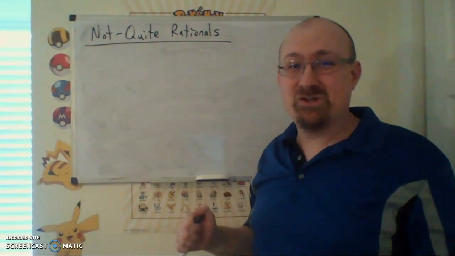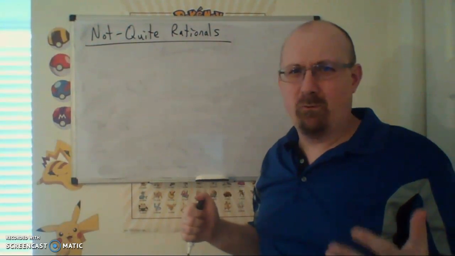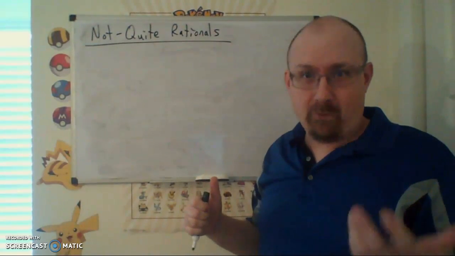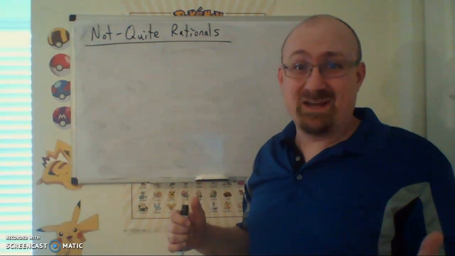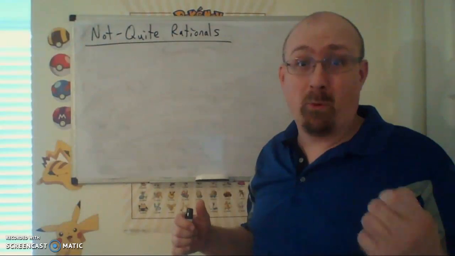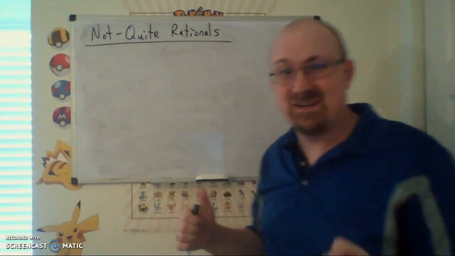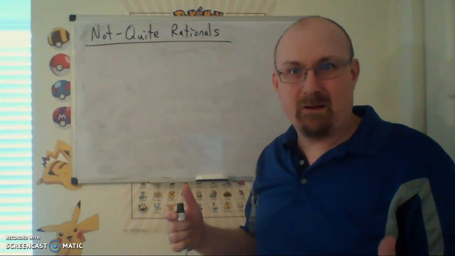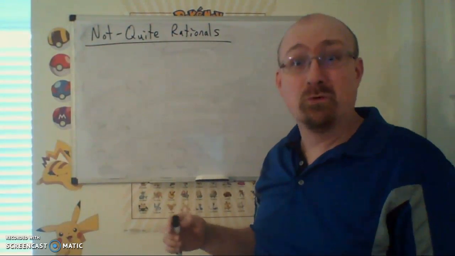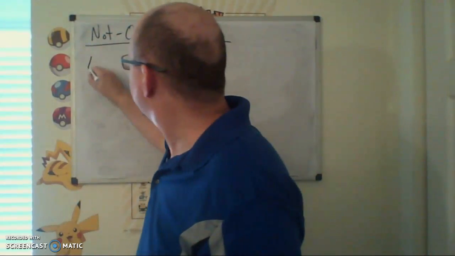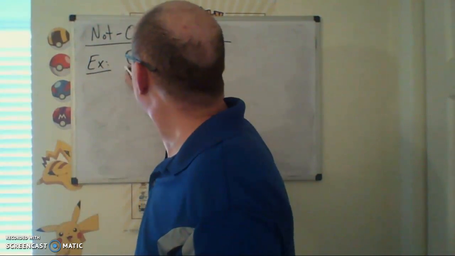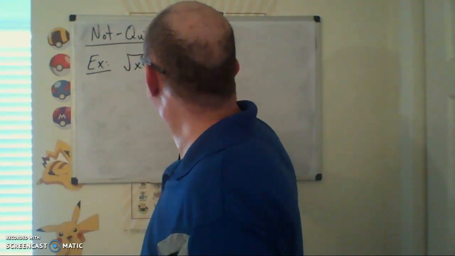So we've talked about rational expressions, and I wanted to take a look at what you might call a not quite rational expression. A more precise mathematical term would be algebraic expressions, because, like I said, they're not quite polynomials now. Instead of just your standard arithmetic operations, we're also allowing a root to show up. So, just as an example here, let's take a look at this